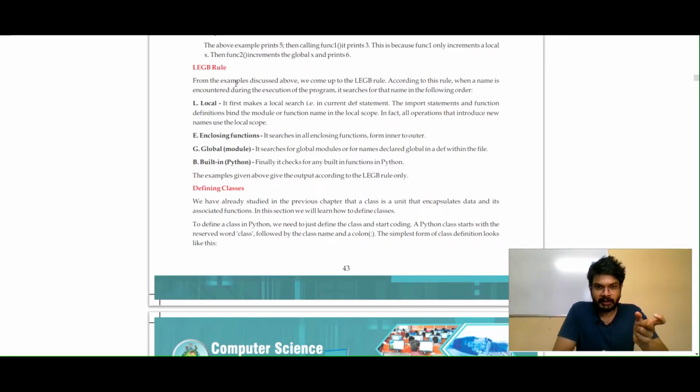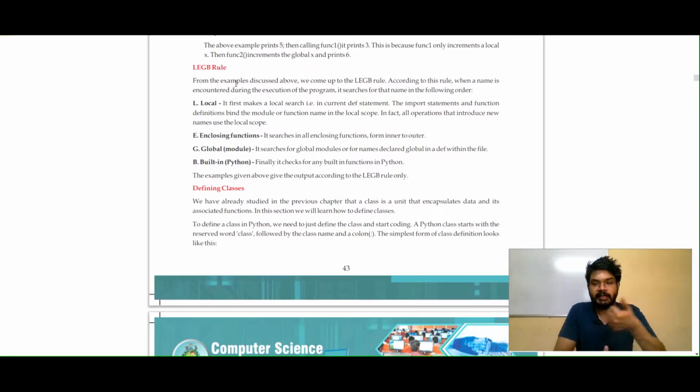The major thing for defining a class, first of all, is the keyword. You need to use the class keyword. By using the class keyword, you start the definition of a particular class, so Python understands that this particular block of code is a class. Then the second thing that you write after the class keyword is the name of the class.